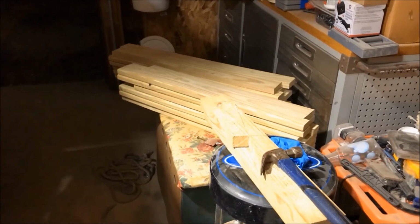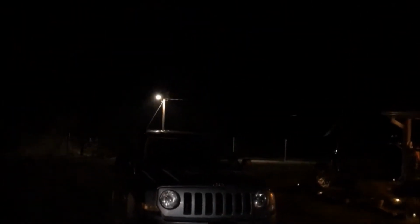right here, and I doubt you'll be able to see it. It's late night. Maybe if I zoom in over there. It's some snow flurries tonight, so it's pretty cold. And so